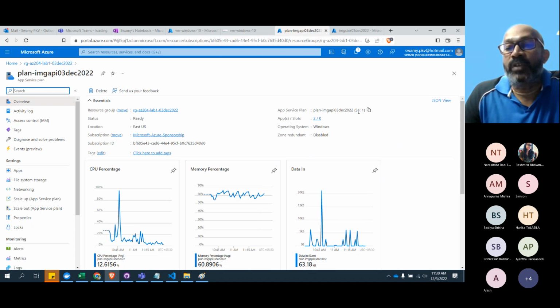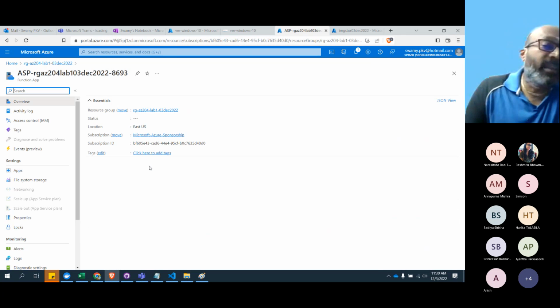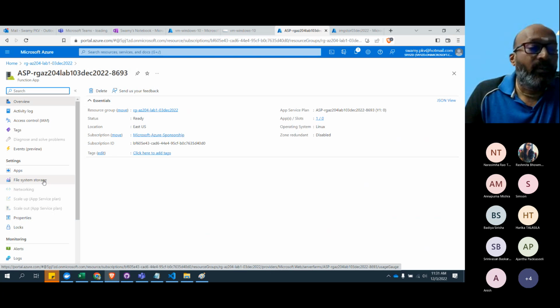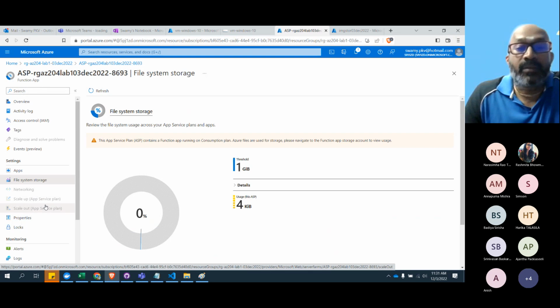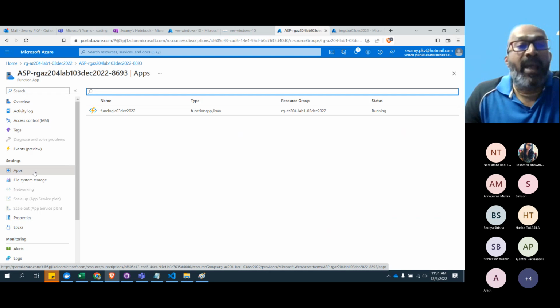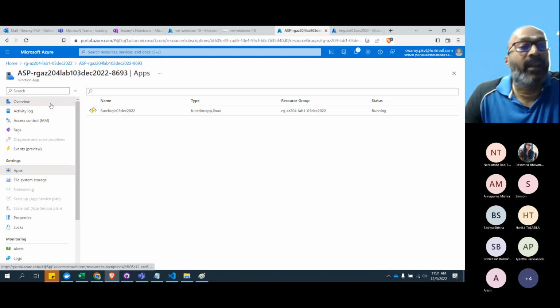And now, if you come to the previous app service plan where we created here, the app service plan, it shows as S1. Now we'll go to this app service plan, which is linked with this Azure function app. Now there's a file storage and you see that these options have been disabled. It has got 1 GB. And when you come to the apps, this particular app service is being shared by one function app and this function app is running. It's in Linux. We'll leave it at that.